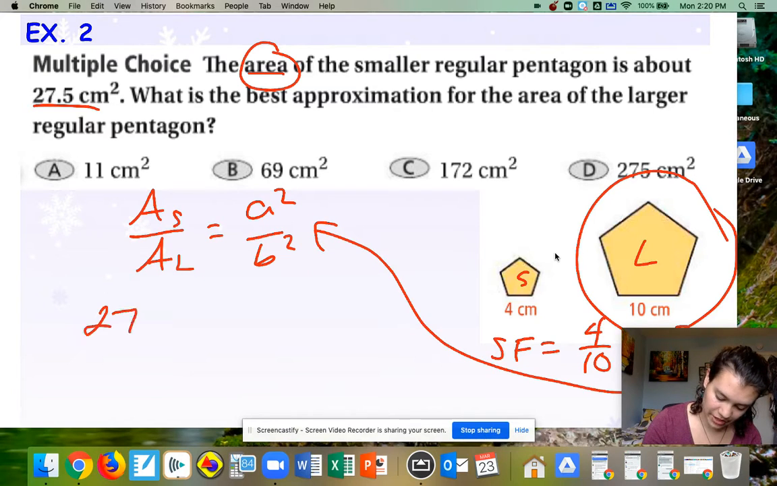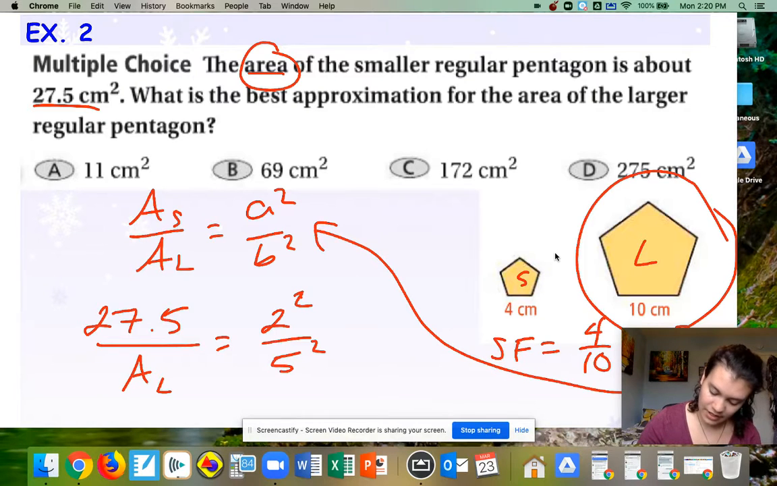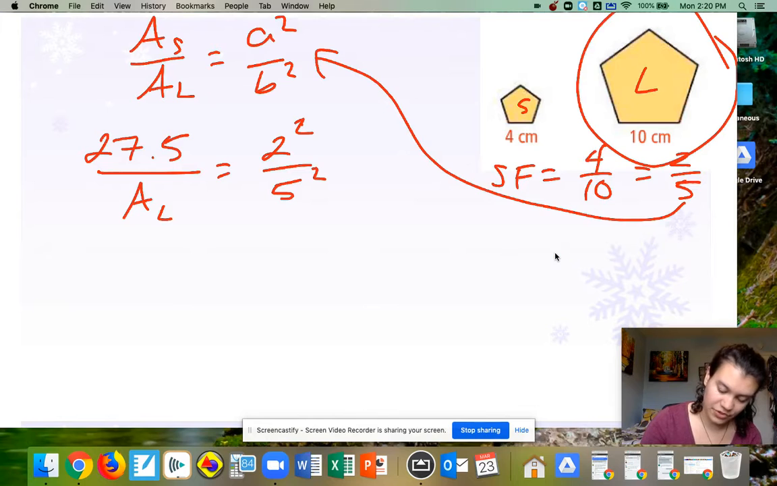So we know the area of the small shape is 27.5. We don't know the large one. And then our scale factor is 2 over 5. So you can do 2 squared over 5 squared here. And then at this point, you just need to solve. So you can cross multiply